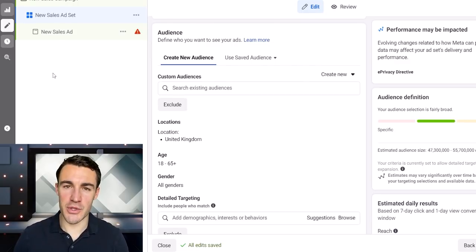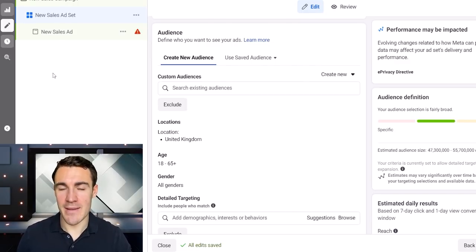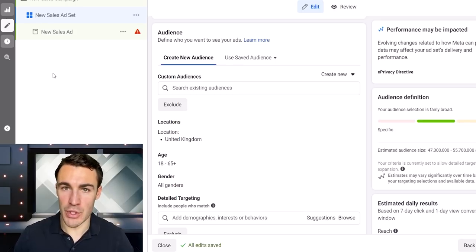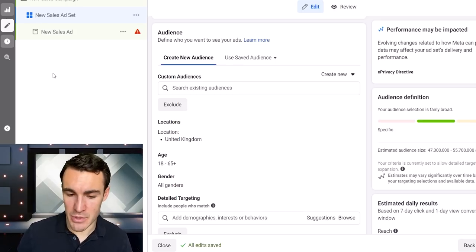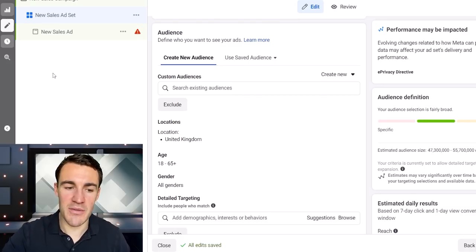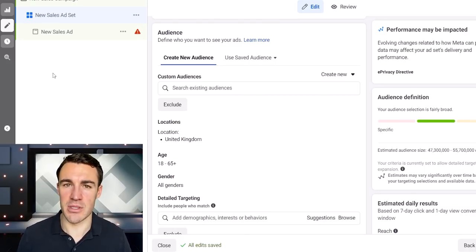The third potential solution to these detailed targeting options going away is to think about how you can target the people that you want to reach using other detailed targeting options. So if, for example, we wanted to reach Christians as a group, we may have been able to target that previously, but that's just the sort of thing that Facebook's gotten rid of.